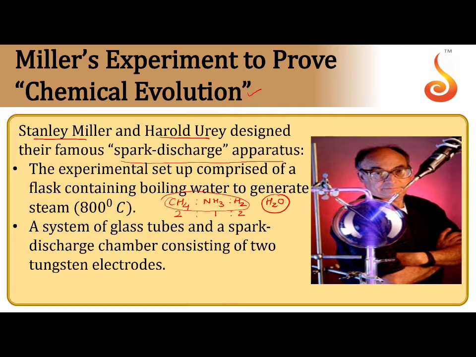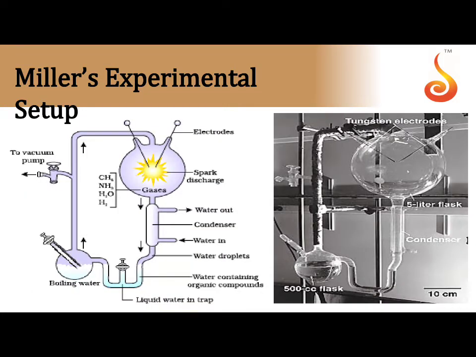If you want to see how these mixed in a setup, you can see here, this is the setup that we have done. You can see here the water is being boiled and then it passes through this tube and comes into the place where the tungsten rod is passing its spark. And these are the gases, as I told you: methane, ammonia and hydrogen, and obviously we have the steam water. These gases got mixed and formed new forms such as amino acids,